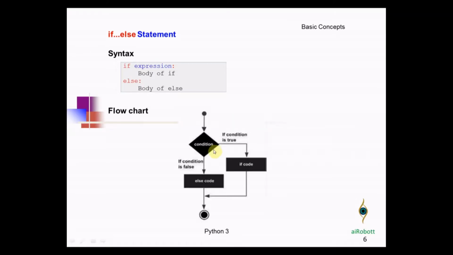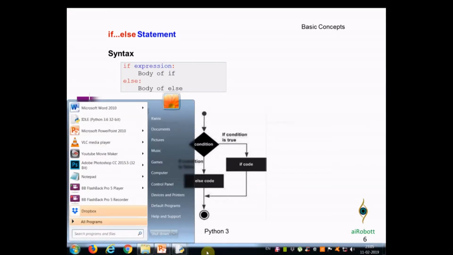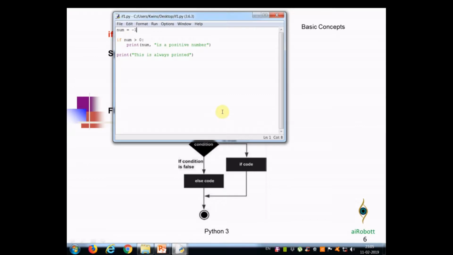See the flow chart. This is the condition. If the condition is true, the code of the if statements will be executed. If the condition is false, then the else code statements will be executed. Let us see one example on the if else statement. For example, num is given with value 3. If num is greater than or equal to 0, print